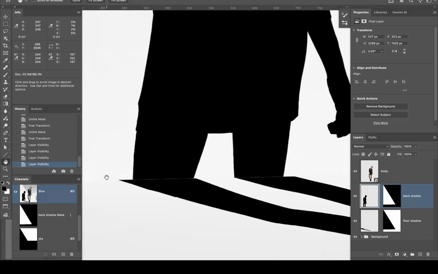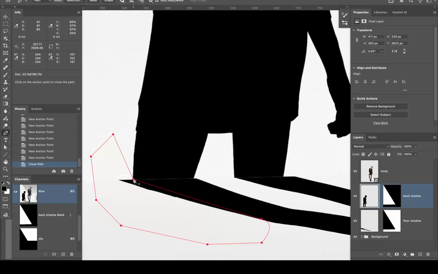So I am going to grab the pen tool, the P key, and I'm going to click on the point right where these two meet. So it's the wall shadow where it's meeting the floor shadow. I'm going to put a point right down there, and then I'm simply going to come down here to about her knee area, and I'm going to click and just put a small bend in there. Remember, there are very few perfectly straight lines in nature, so that'll give me this line, and then I'm going to come all the way back around